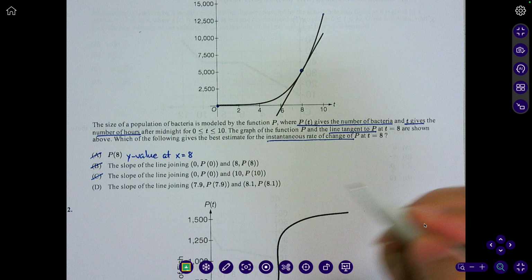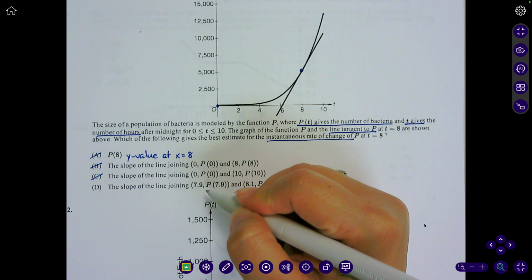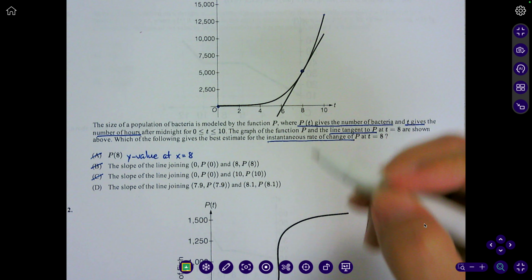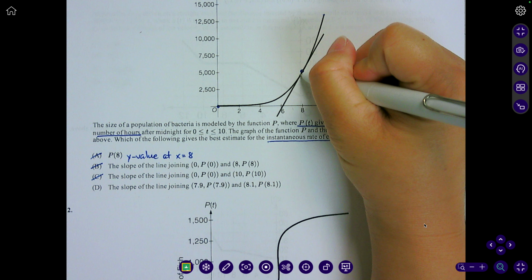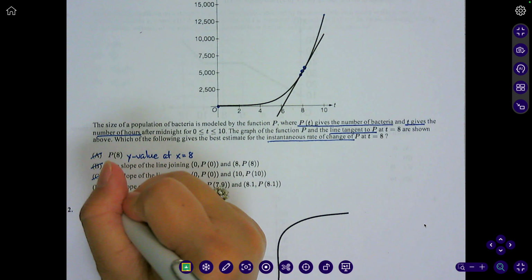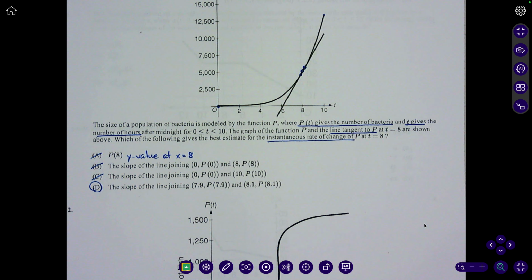So this is out. If I were to look at 7.9 and 8.1, so this is 8, 7.9 is here, 8.1 is here. If I were to draw the slope between these 2 points, yes, that would be the best estimate for the instantaneous rate of change at 8. Questions on that? Okay. All right, go ahead and we're going to stop now. And then what we want to do